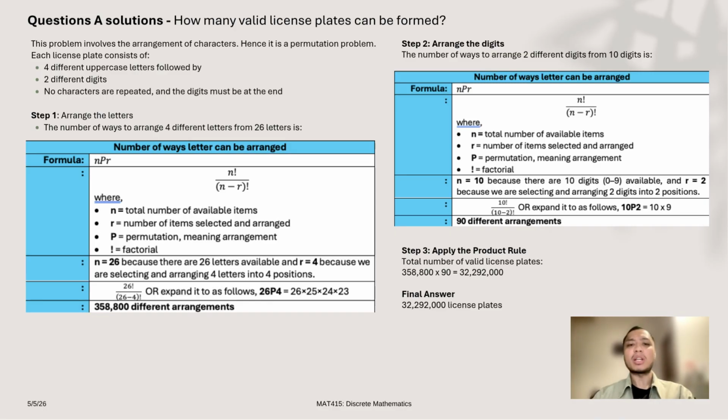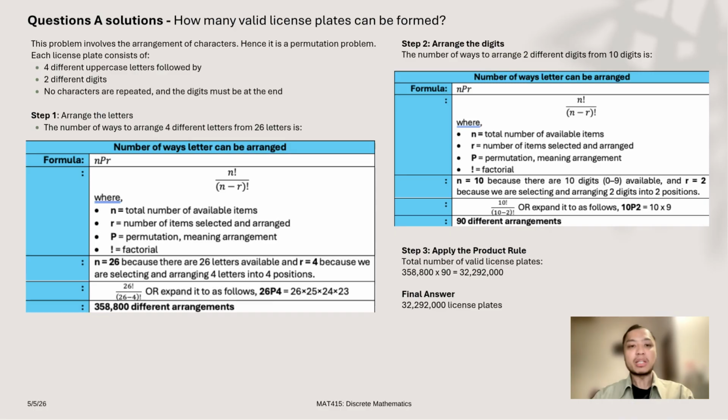Since repetition is not allowed, the choices decrease after each letter is used. The first letter has 26 choices, the second has 25, the third has 24, and the fourth has 23. Therefore, 26P4 is 26 times 25 times 24 times 23, which equals